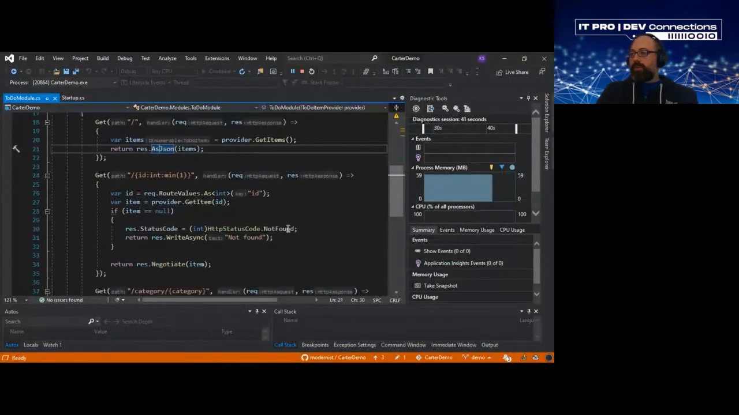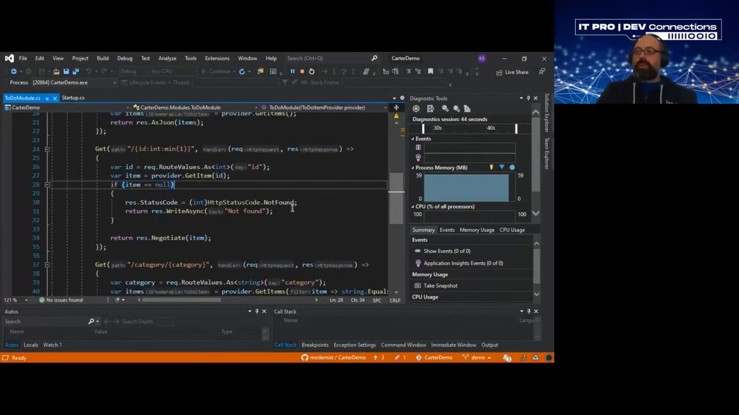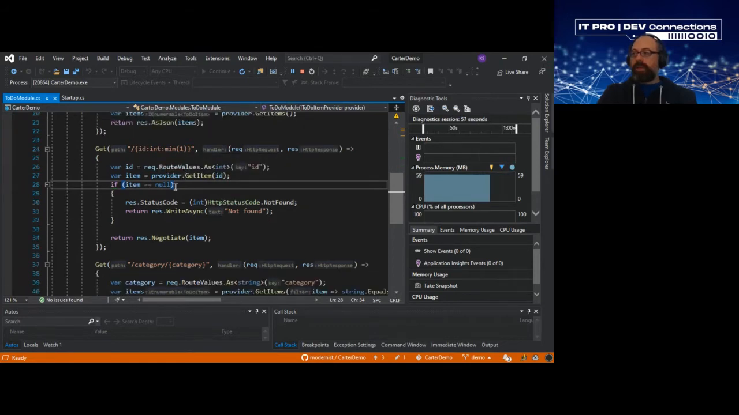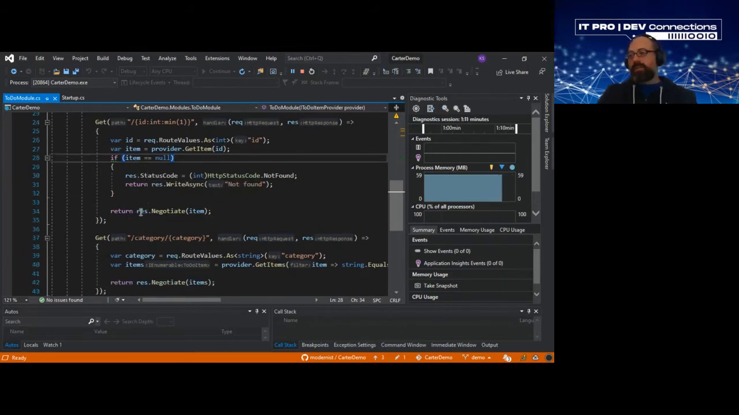But let's move on to seeing how we could, for example, return a specific item from our list. So in this request, I have a parameter for the ID of the item we need to retrieve. Again, we request it from our provider, and if we don't find it, we just return a not found result. So setting up the response status code is as simple as that. Otherwise, I'm using this method here that says Negotiate, which enables the content negotiation I was talking about earlier. We'll see what this means in practice later on, but for now,